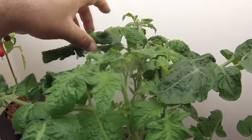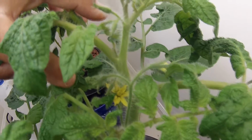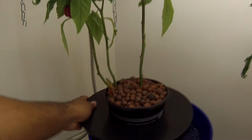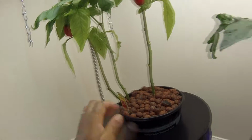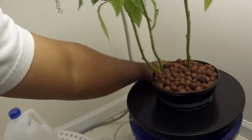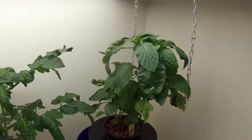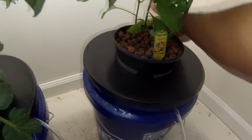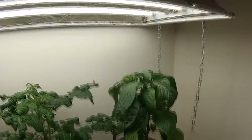I could use my app to see what I'm looking at, but my phone's not the best of phones, so it's a bit laggy, a bit buggy with the app. So yeah, that's it. I'm gonna put these covers back on. They've been off for a while because I've been researching how to raise my pH level without having a pH up solution. And I couldn't find anything. They're talking about using peroxide, mixing it with some other stuff, and that just seemed a little bit too complicated. It shouldn't be that hard, but